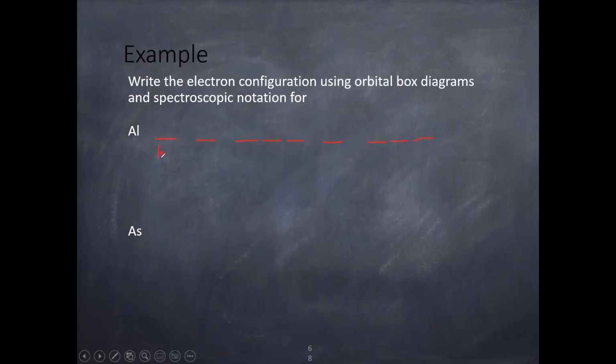All right, so we've got 1s, 2s, 2p, 3s, and 3p. So with aluminum, what is that? Atomic number 13. So what we're going to see with aluminum is as we fill these in, oops, I didn't mean to do a double arrow on that one. We'll put the first 2 there,